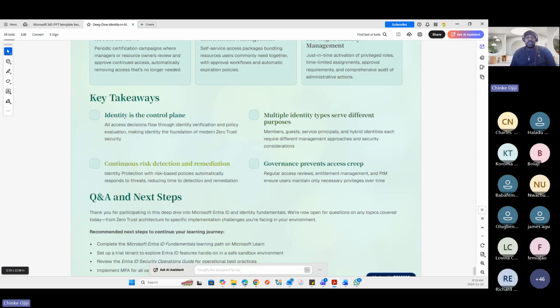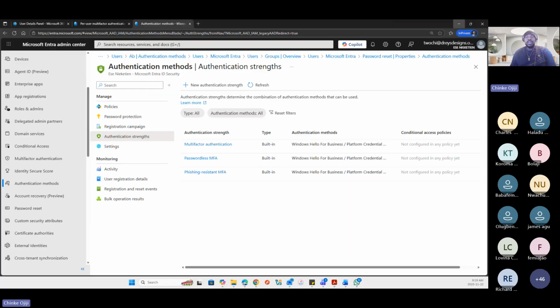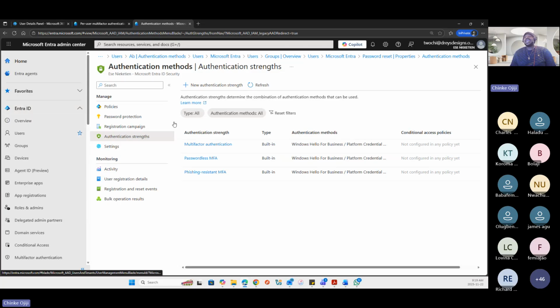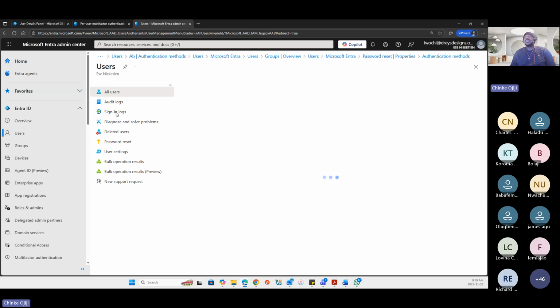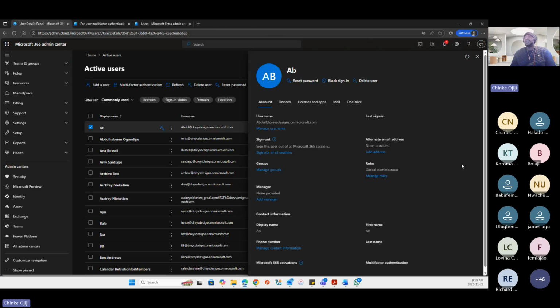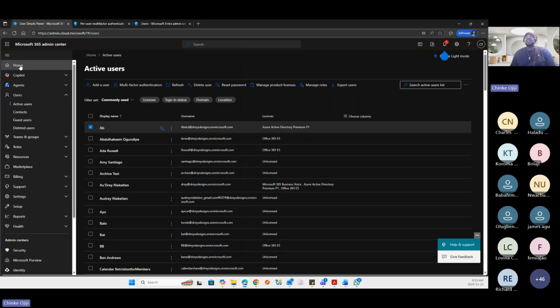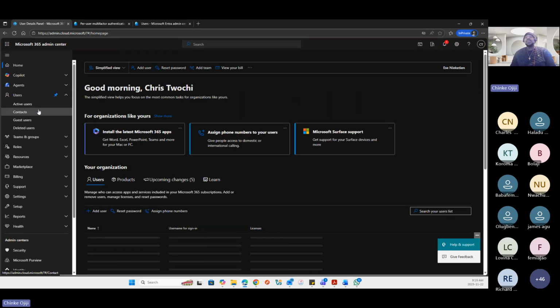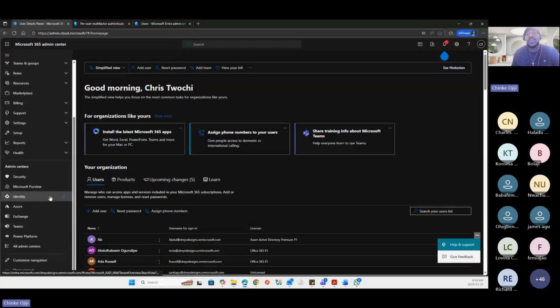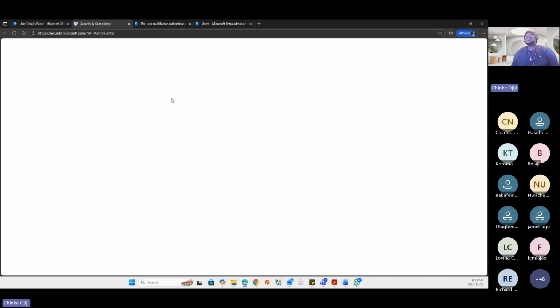But before we round up and take final questions, I wanted to show you the IP address which you get from the sign-in logs for a user, and you want to block that IP address. So you come to your M365 admin center home here, and then you come over here to security and compliance.